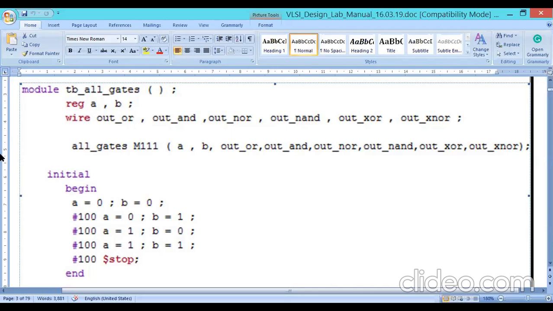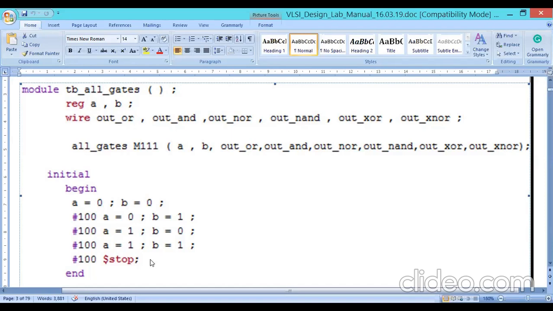Dollar stop, we can once again, for example, after dollar stop. Next, once again, if you want, we can start the simulation also. But the finish, if you use dollar finish, FINISH, the simulation will stop, even the results window will close. Freshly we have to start once again.